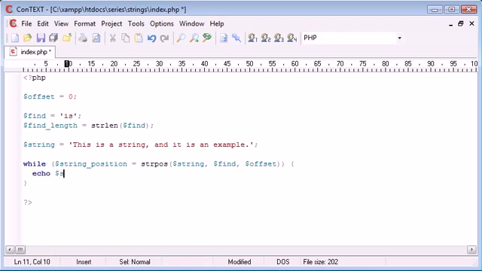So we just simply do echo string position, and I'm just going to append a break onto that. Let's just make this a bit more user friendly. We could say echo found at. We could even include the word, so let's say